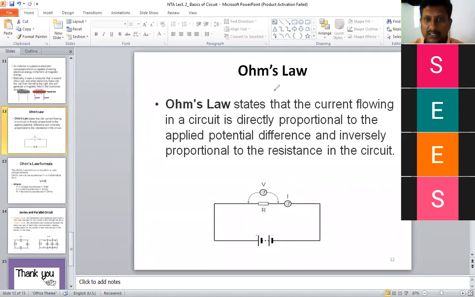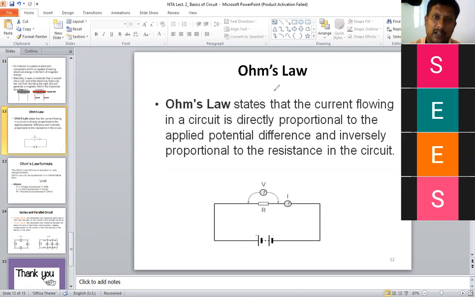Okay, so what is Ohm's law? That you can understand. That is V is equal to I into R. It means the voltage applied between two points is directly proportional to the current passing through those points. But the important phrase you have to remember in Ohm's law is at constant temperature, because due to change in temperature, there will be a change in resistance value. If resistance value changes, obviously the voltage across that resistor or the current passing through that resistor will change.